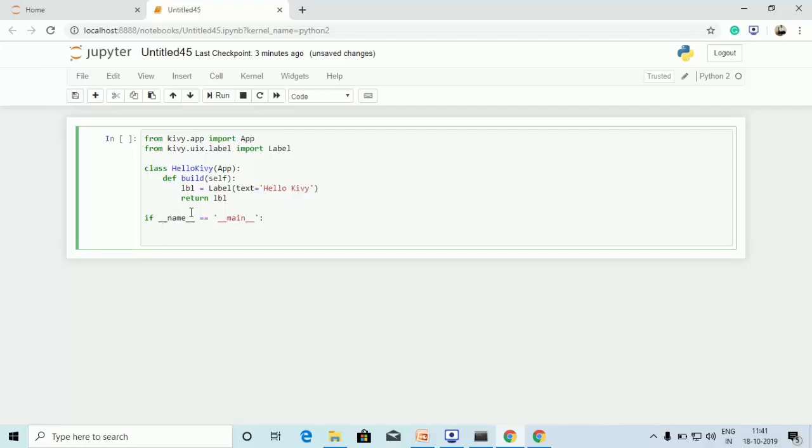Now as we have opened our main program, that is the main method, we are going to call hello Kivy, that is HelloKivy().run. So this is how we have created our main method, just like we do in our other programs like C, C++,